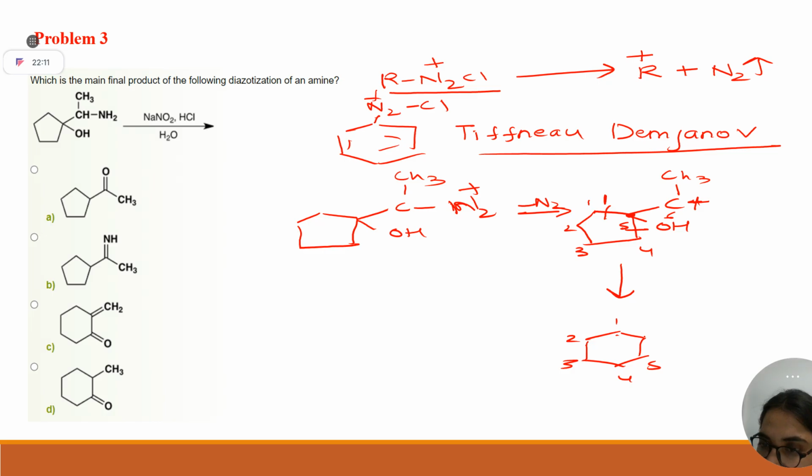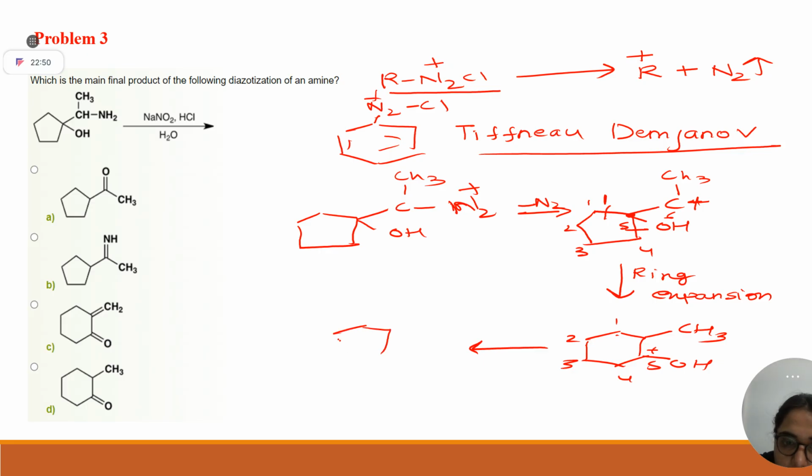On the 6th carbon, what is there? Methyl. And on the 5th carbon it is OH with one positive charge. Clear till this point, students? Ring expansion is happening. Exactly, ring expansion has happened, because no other options are there, right? It is also a type of 1,2 alkyl shift, but since it is happening in a ring, it is called ring expansion.